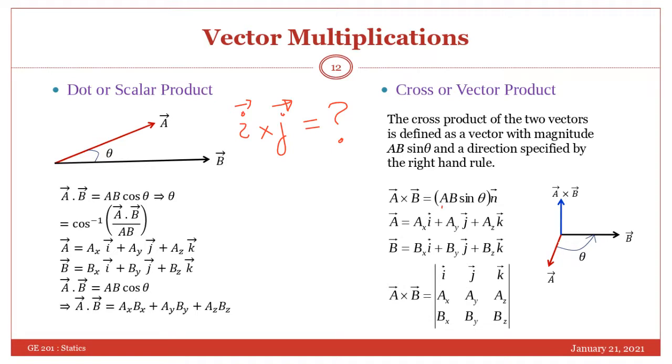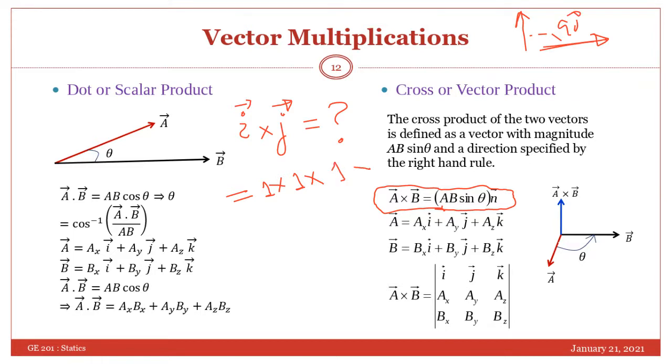Let us see. This is the formula. The magnitude of vector I is 1, okay, correct. The magnitude of vector j is also 1, that is correct. The angle will be 90 because I and j are at 90 degrees from each other. This is I, this is j, and the angle between them is 90 degrees. So sine 90 is 1. All these will be equal to 1, that is correct. But together with that, there is a unit vector. So can you tell me what will be the direction of I cross j? In which direction will it be acting?